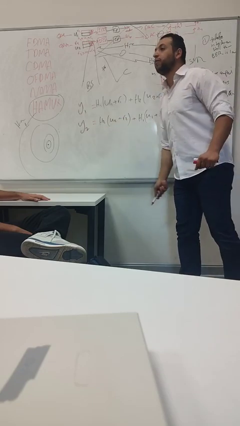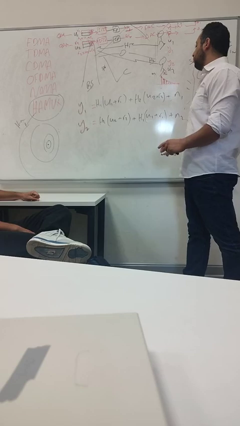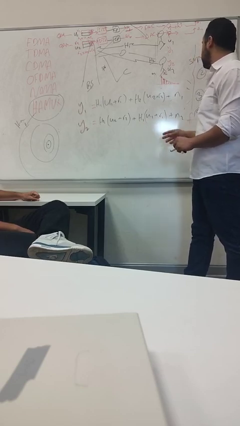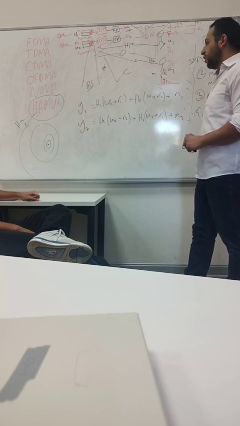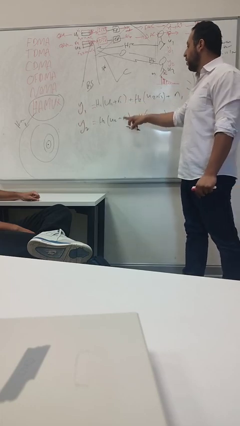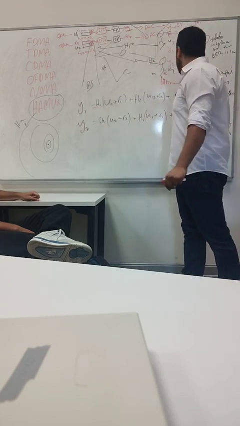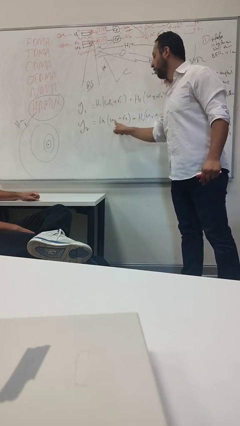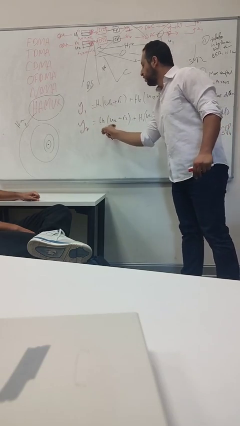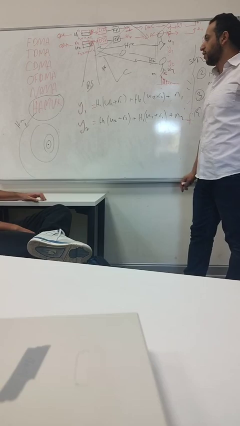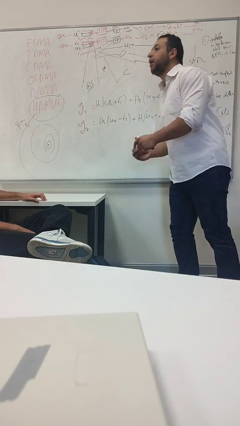And the same for user 2. User 2 will get what? H2 multiplied by U2 plus R2, plus H1 times U1 plus R1, plus N2. Okay? And then we said the question here is how to design R1 and R2 so that each user will get his own data. This user will get only this term, and this user will get only this term, without any interference. If we want to simplify them a little bit more, we can do the following.